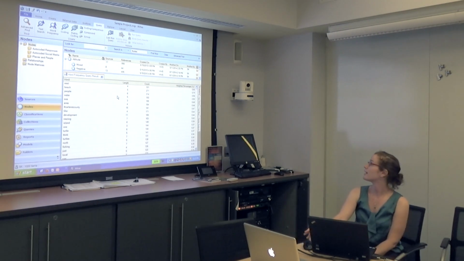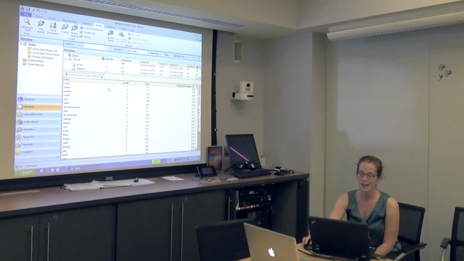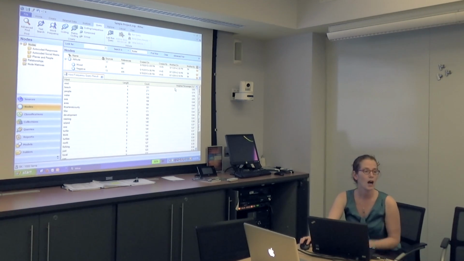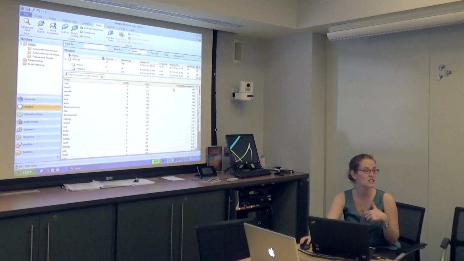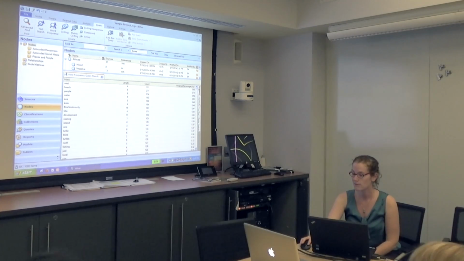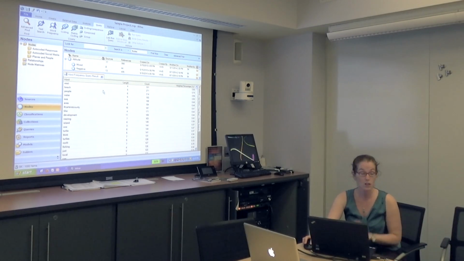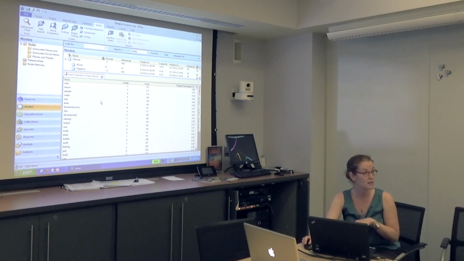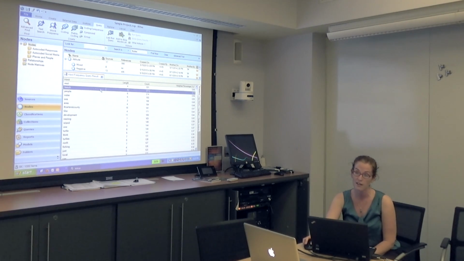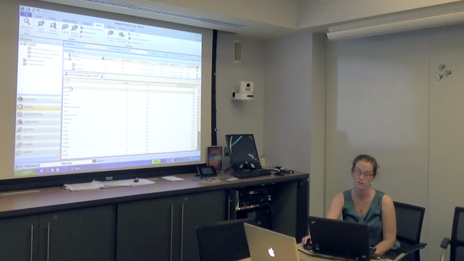So you see what I get is a list of words, the length of the word, how often it came up, and then this weighted percentage is by character count, how much of the data that I searched was that word. And this is all interactive, so it allows you to go back to the data. So if I double click on any of these items, like beach, for example,